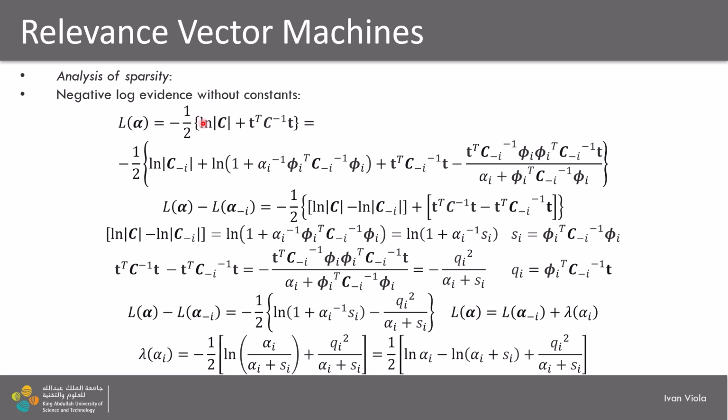We see that we have a component of ln of the determinant of C, and then we have the part from the exponent, where we have t transpose C inverse t, and that can be, after our calculation from the previous slide, replaced. So this quantity can be replaced by this quantity because C is multiplied, or C minus i is multiplied, by this quantity. Therefore, we can see it as a two logarithms addition,